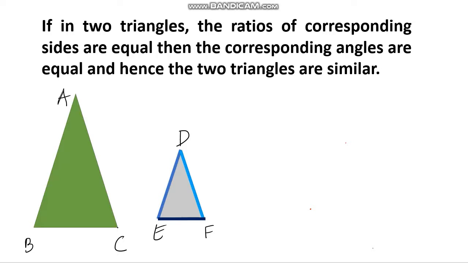Now in triangle ABC, mark a point on the line segment AB such that it is equal to DE. Suppose we are taking a point on AB. Now it should be equal to DE. So let us say that we will take DE and move forward and put it on AB. So see here, I am just taking length equal to DE and putting on AB. Now let us say that this is equal to AP.